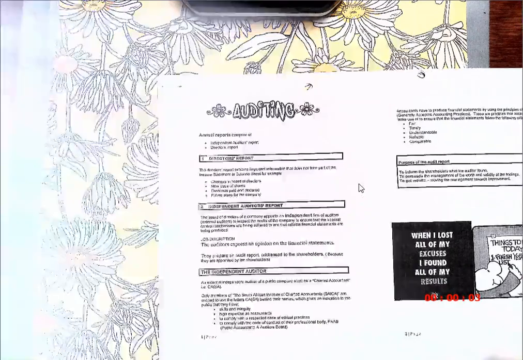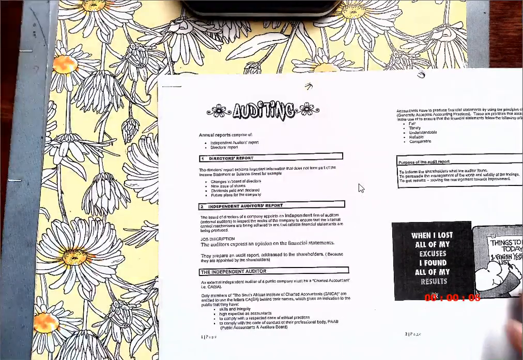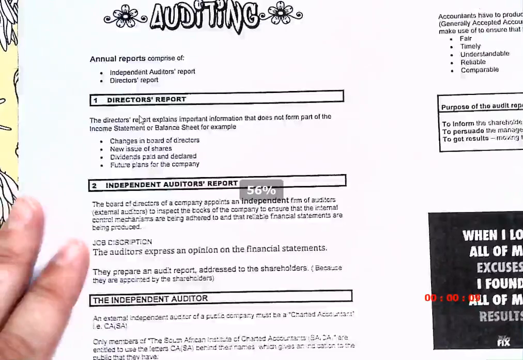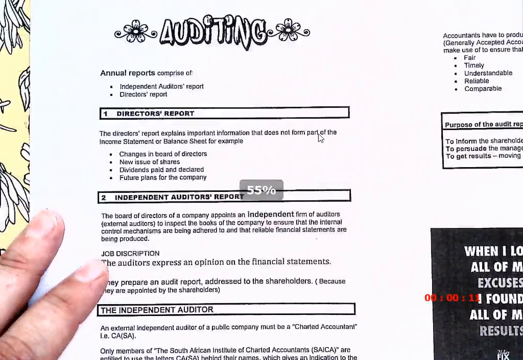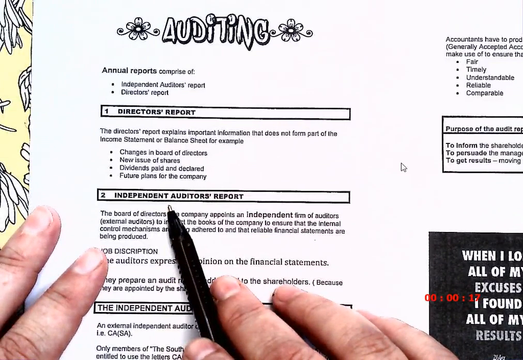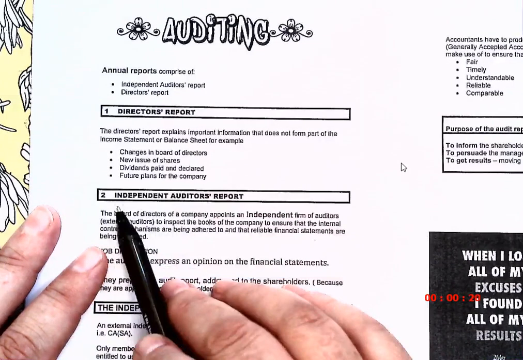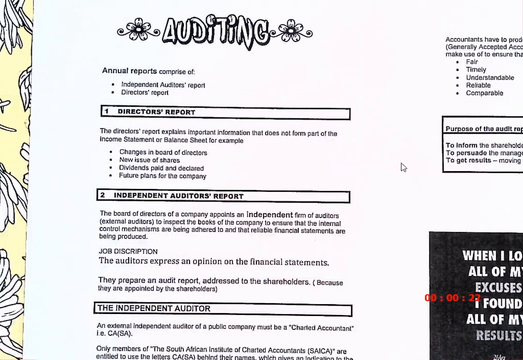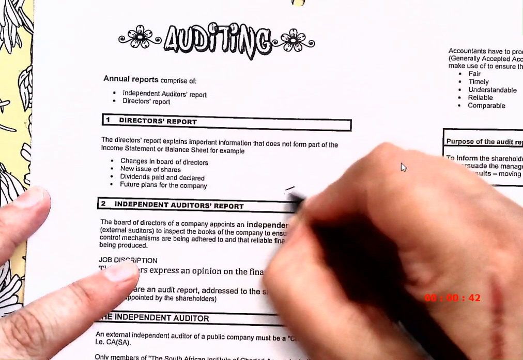So if I look, please listen. This external auditor now goes into a company, and usually they are part of a team. So can you see here, they call them the independent auditor. And he's independent, why? Because he does not work for the company, and he goes in objectively because he doesn't have any relationship with anybody inside the company, doesn't own shares in the company, nothing like that. He's independent, which makes him unbiased